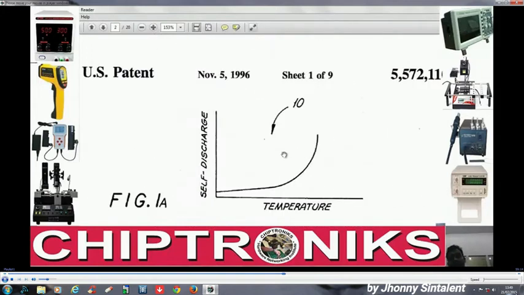And let's see this graph. This graph is a very important feature. By this graph, you see as the temperature increases, the self-discharge increases. So it is advisable to store notebook batteries in cool places, because if you store a battery in not so cool places, then the self-discharge will increase with temperature, and it may happen that the battery cell will self-discharge